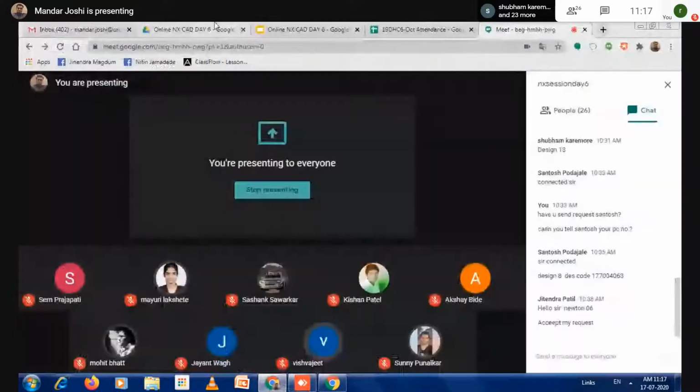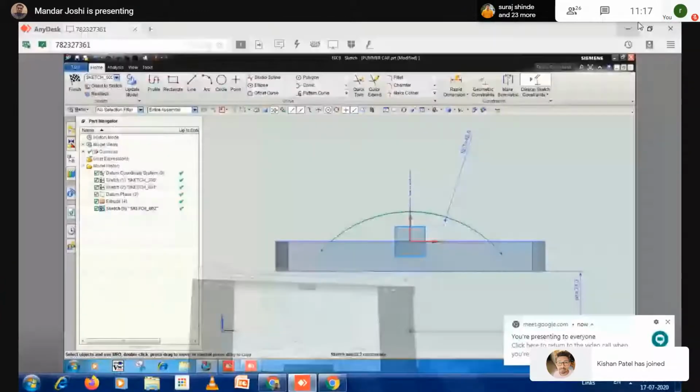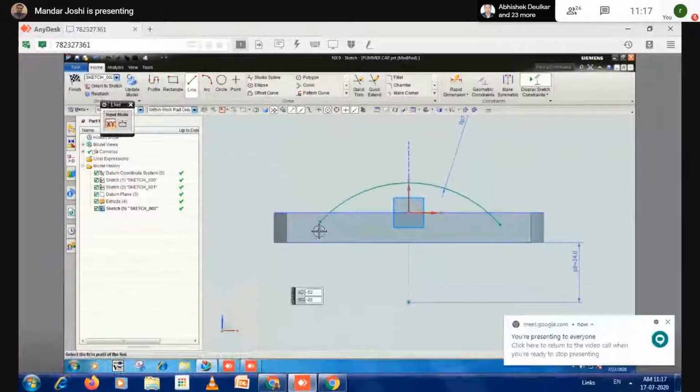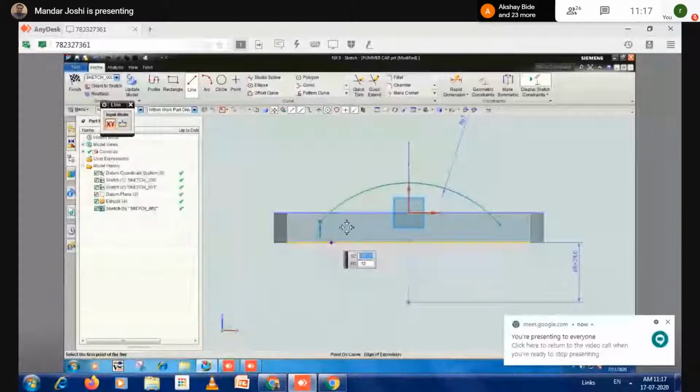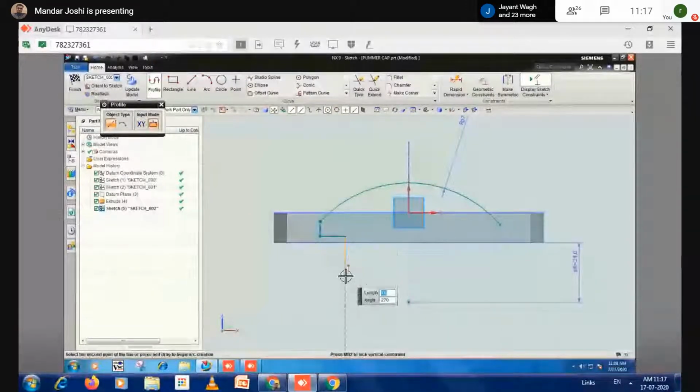After that, there is a vertical line. Horizontal again. Again vertical, horizontal.